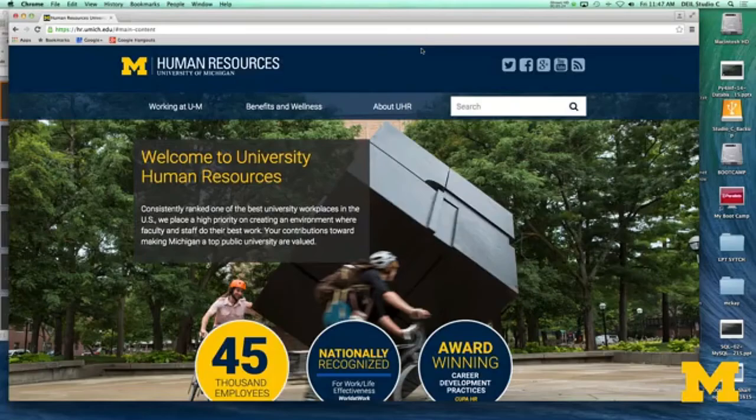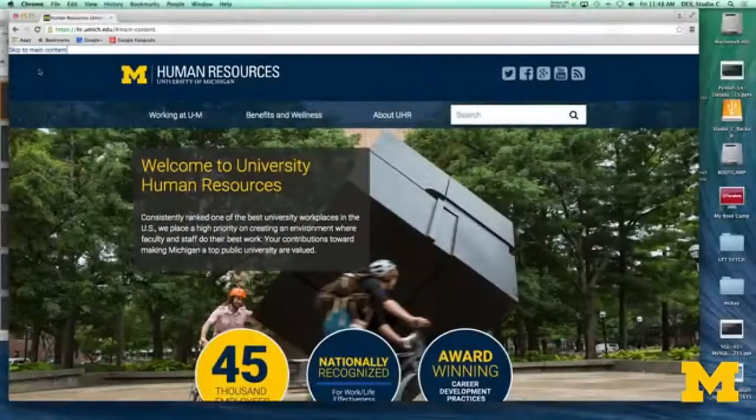I have here the University of Michigan Human Resources page. And if you look up near the top, there's really nothing there up here in the top corner. But what I'm going to do is I'm going to go ahead and hit Tab. And what Tab does is it brings the next element into focus. So go ahead and tab there. And you can see that now there's this new thing here that says Skip to Main Content. If I click on it,